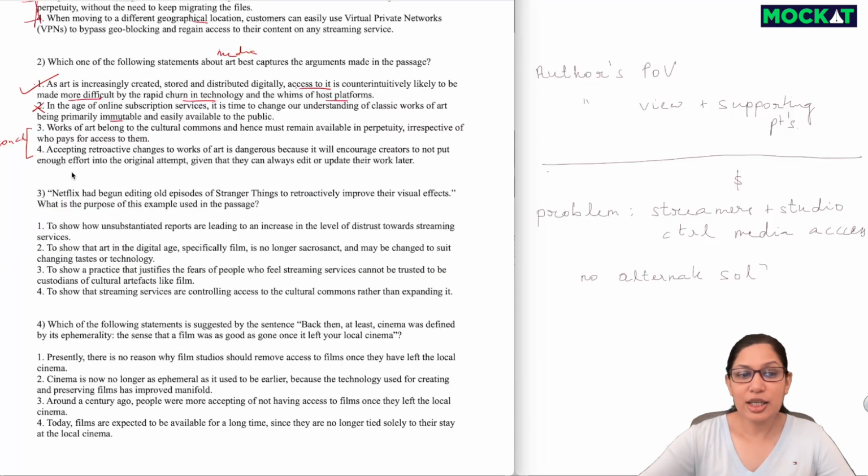Now that we're done with a couple of questions, let's look at 3 and 4. Now these questions are what I call meaning in context. This is not vocabulary. You cannot go for an answer which gives you the direct or the literal meaning of the phrase or the sentence that the examiner would have chosen. You've got to answer it in context. So here, this question is asking us, why has the author given this example?